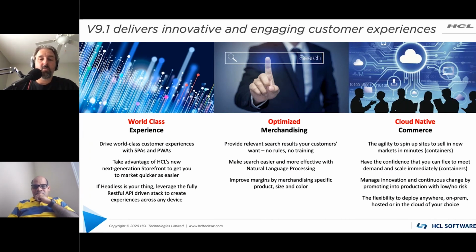For world-class experience, we understand that the experience matters not only for the end user but also for your business users and practitioners. They want an experience that drives not only revenue but also simplicity of maintaining the solution. So we developed a new storefront for both our B2C and B2B customers as a single page application. We have a React storefront. We also support PWA. It's a really great new storefront using that front-end scripting language to drive the innovation,